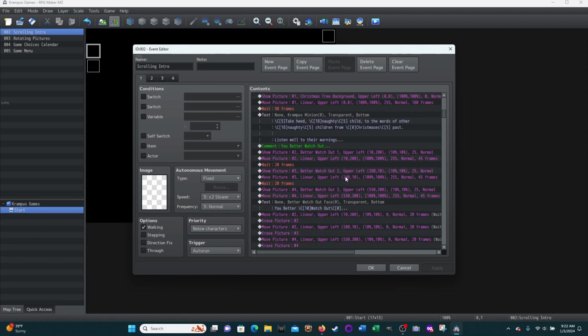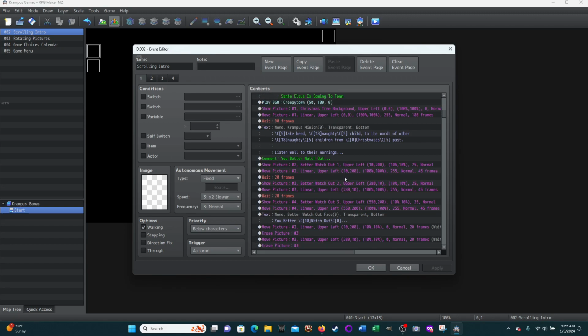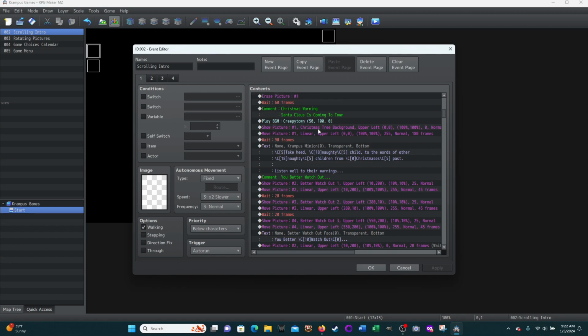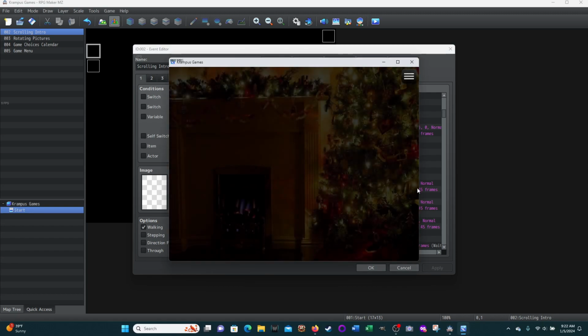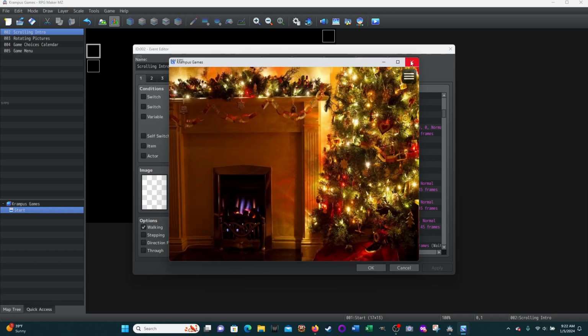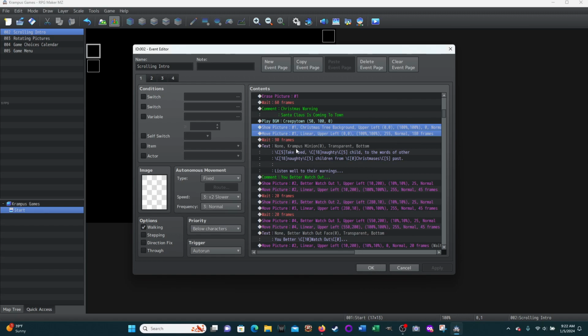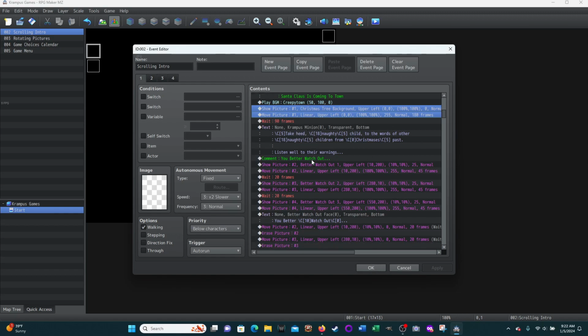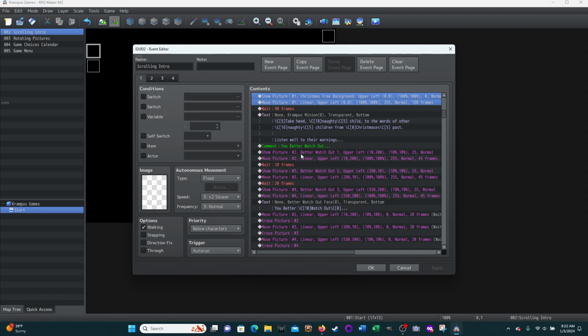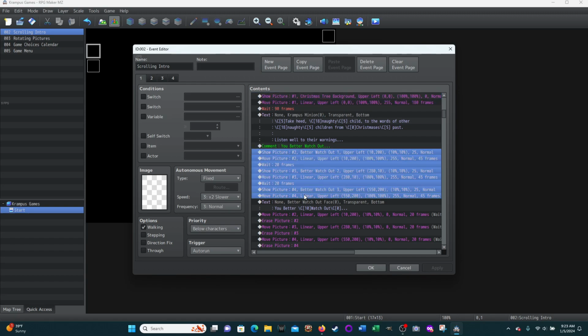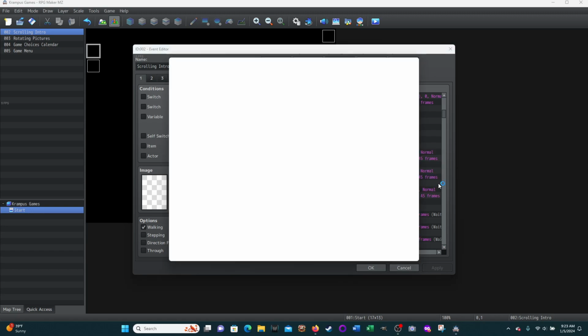Except for one more thing, because this is also move picture related. In the next step, I start a new background music, and then fade in a new picture. So this picture is going to fade in, okay? And then it's going to display some text, right? And then these pictures are going to come onto the screen. So when I go here and test this,